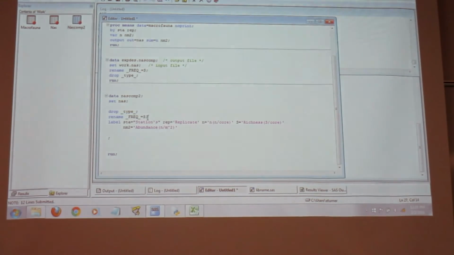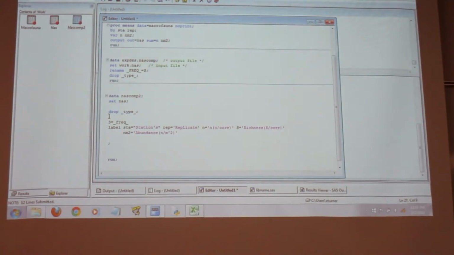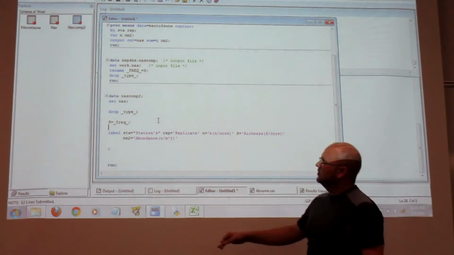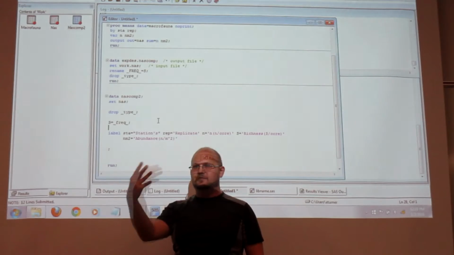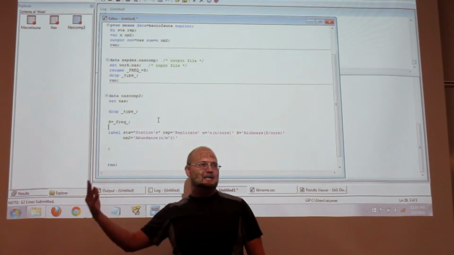But another way that we could rename this is we could actually just say S equals, like that. All right. So inside a data step, you can make any row any time by just naming anything and saying equals.